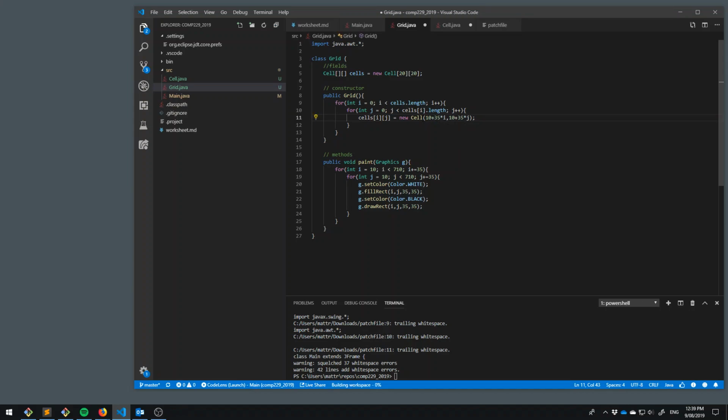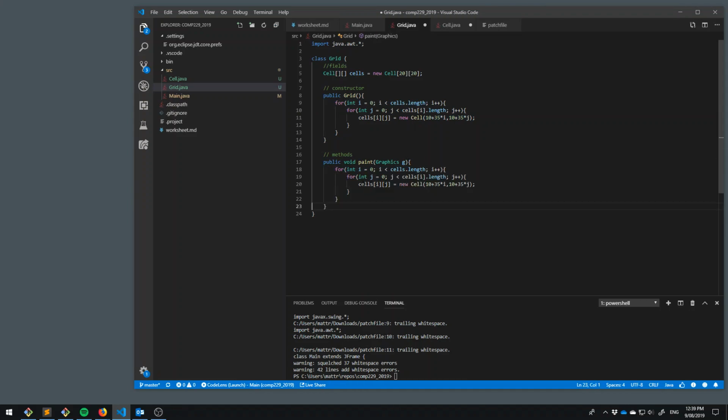So now we're passing the X and Y positions of those cells into them when they get built, so that each cell, we're creating 400 different cells here. Each cell is slightly different to the other because they've got a different X and a Y field inside them. That also means that we want to repeat this loop down here